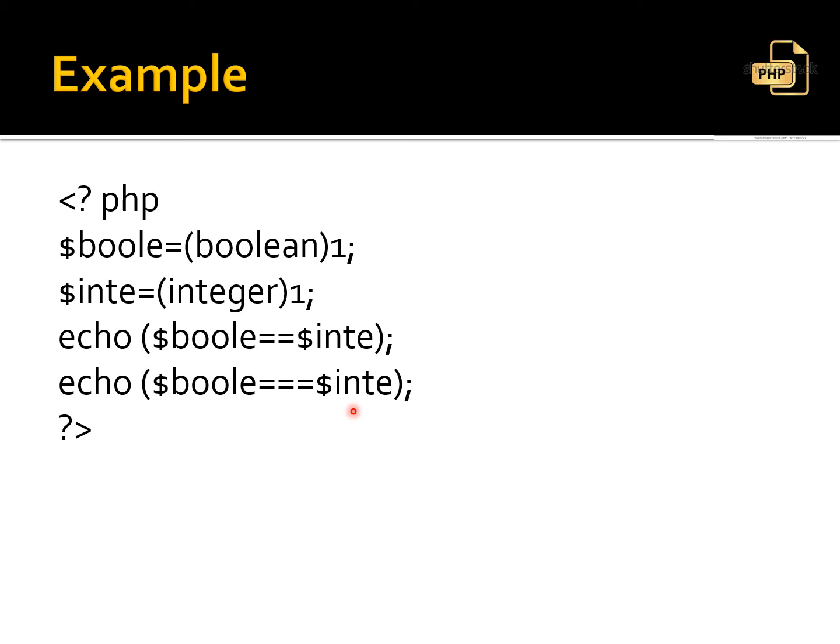So here what happens is, in addition to the value, it will check the data type on both sides. If you are checking the value first, both are having the same value. Then it will check the data type. Here the data type on the left is boolean and on the right hand side the data type is integer. So the output is it will produce a false value.